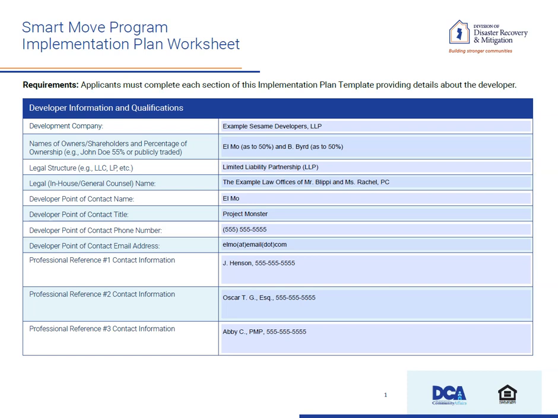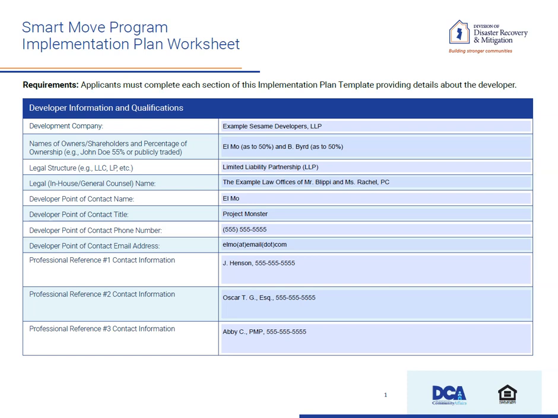First, on page 1, we start with the Developer Information and Qualifications section. Here, the applicant completes information about the developer company and, more specifically, the qualifications of that developer. When completing, the applicant must include as many known details of the developer and developer team as it can, including the name of the development company,